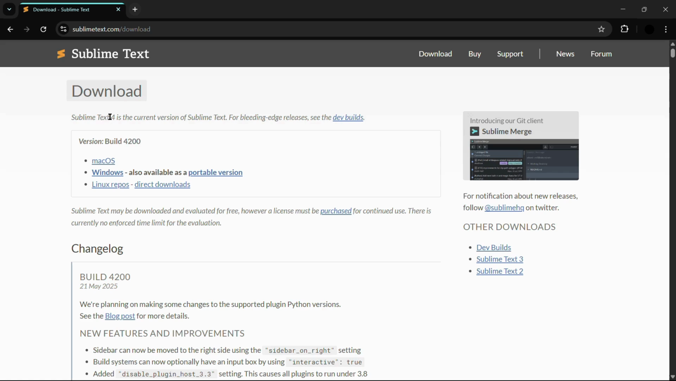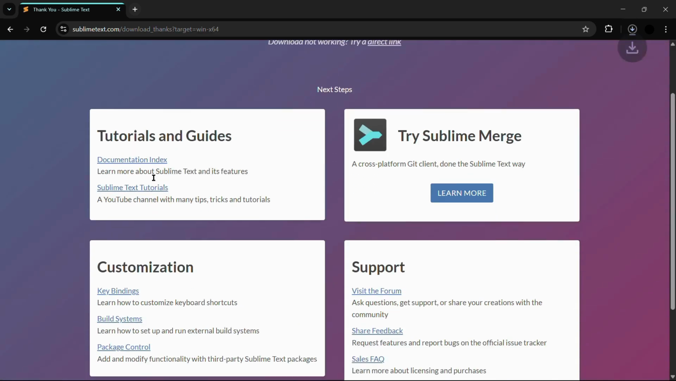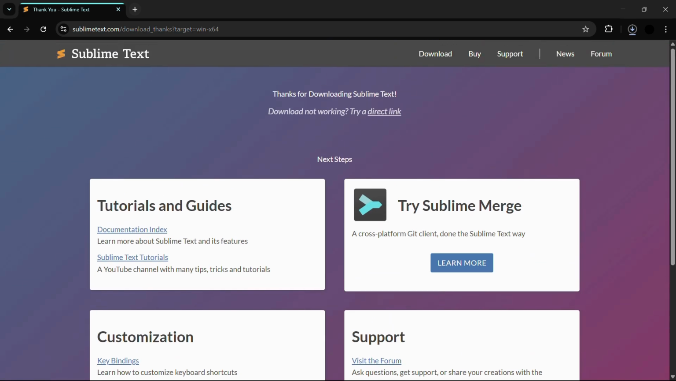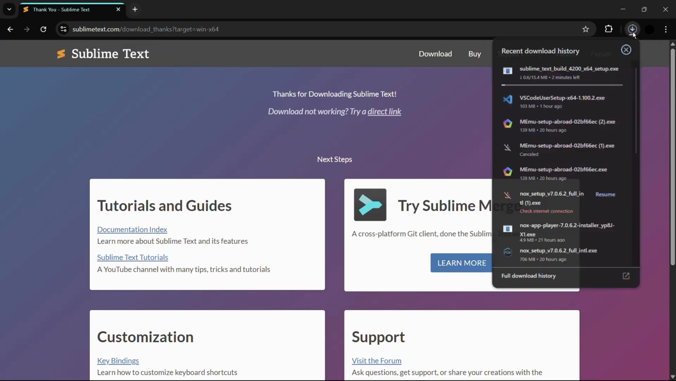So Sublime Text 4 is the current version of Sublime Text as making of this video, and here are the downloads. The first link will redirect you to the downloads for macOS, the second one is for Windows, and the third one are the Linux repos. So click onto this Windows option right here and it will lead you to this page and automatically start downloading